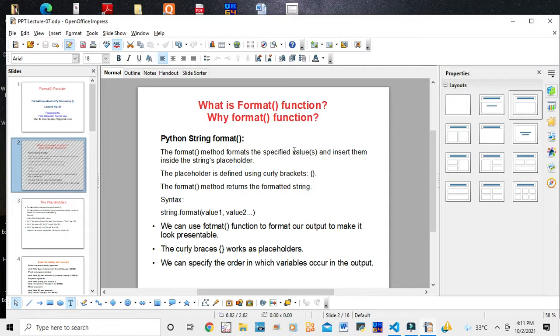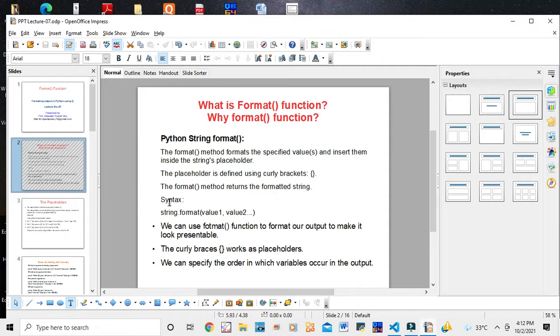What is a placeholder? A placeholder is defined using a curly bracket, curly bracket start and close. The format method returns the formatted string.